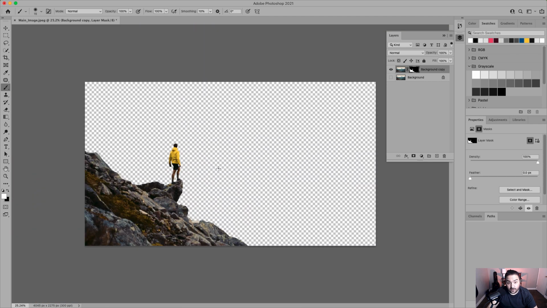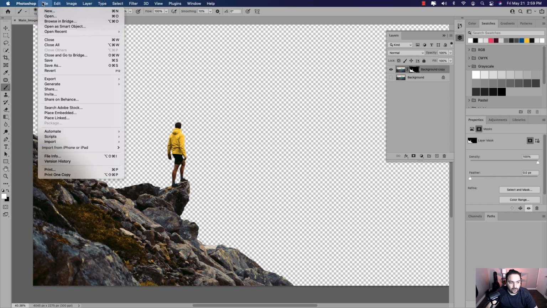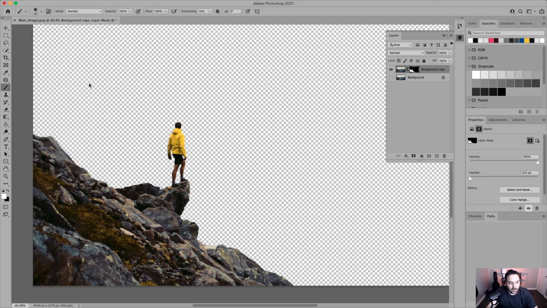And again, for this tutorial, when we bring it into InDesign, that won't matter because the pixels from the original image will make up for the ones we lost during this process. So I'm gonna go up to File, Save As, and I'm gonna save this. I already have one